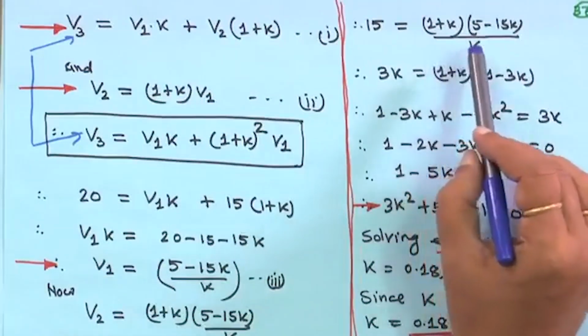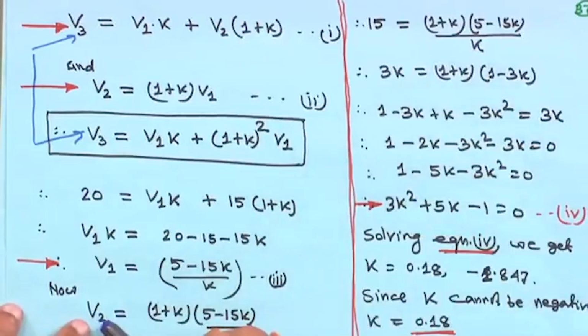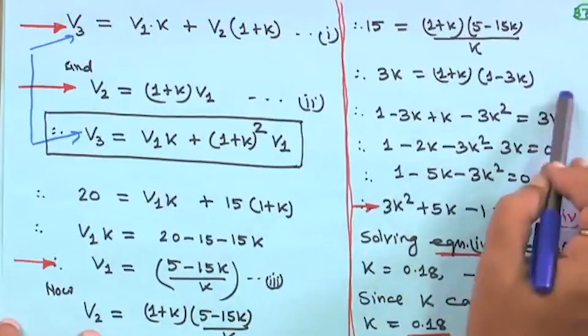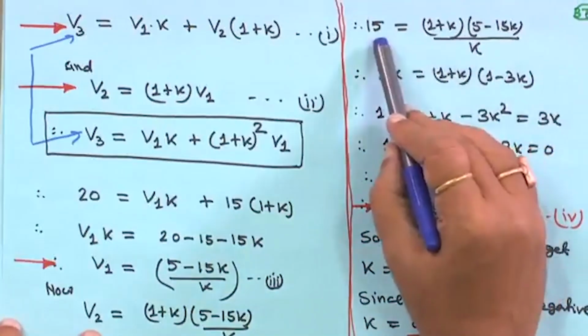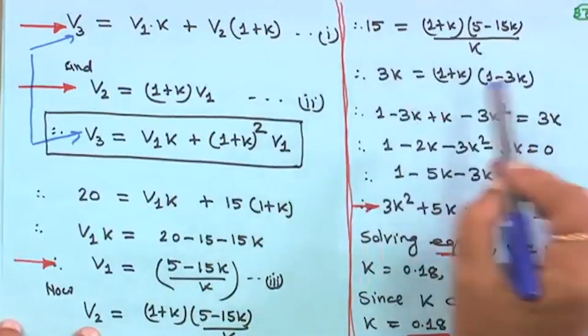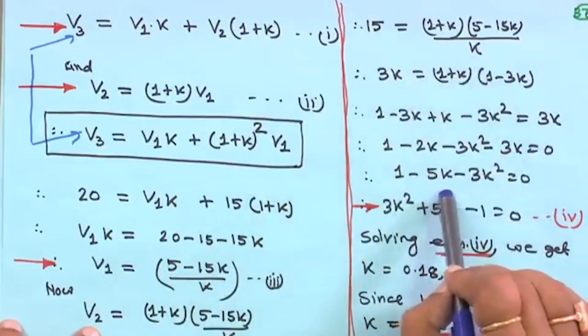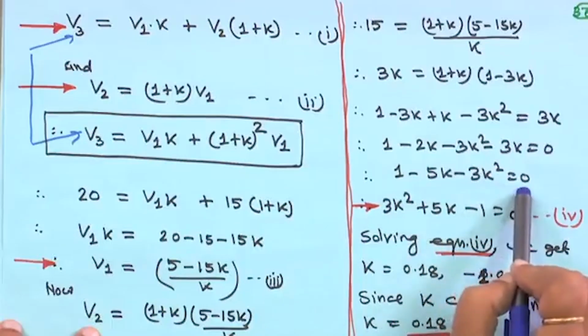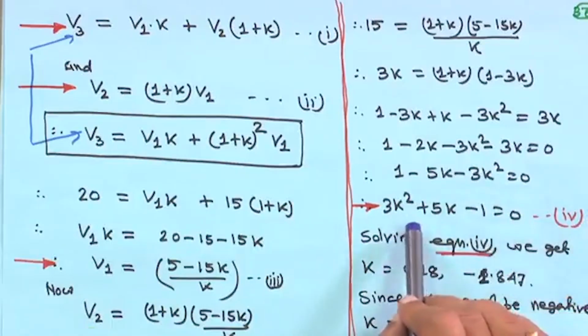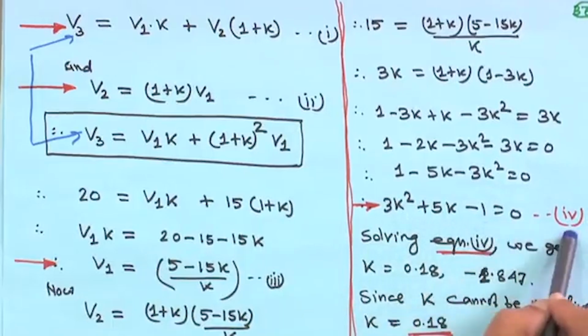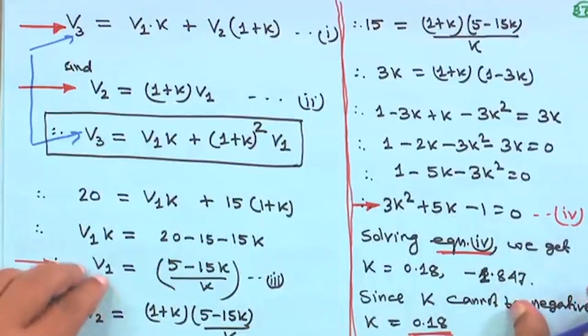So, 15 is equal to, because V2 is equal to 15 is given, adjacent, because the lowest unit voltage is 20 kV and adjacent to that is 15 kV. Therefore, this V2 is equal to 15 kV. Therefore, this is a quadratic equation, you simplify. So, you will get 1 minus 5 k minus 3 k square is equal to 0, or the other way I am writing 3 k square plus 5 k minus 1 is equal to 0. This is equation 4, right. Therefore,